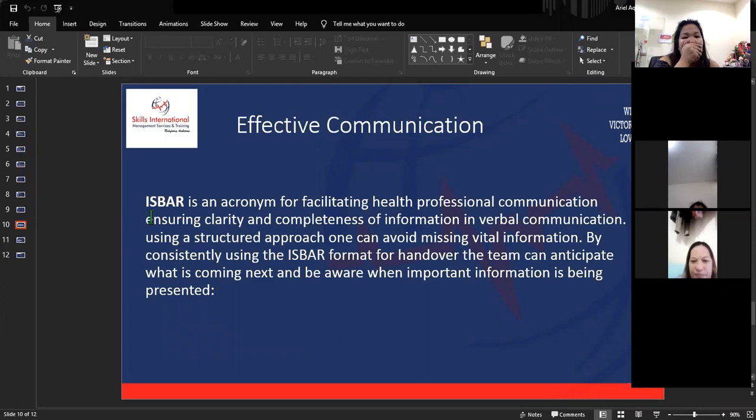ISBAR. Sometimes it's called SBAR. It is an acronym for facilitating health professional communication, ensuring clarity and completeness of information in verbal communication. By using a structured approach, one can avoid missing vital information by consistently using the SBAR format for handovers, which can help anticipate what is coming next and be aware when important